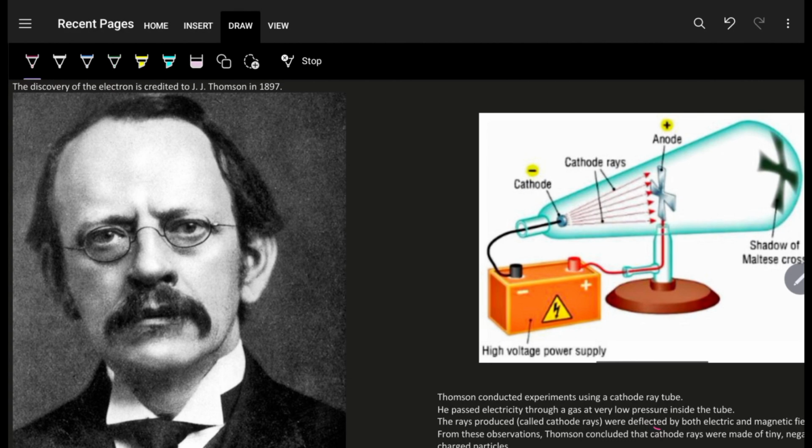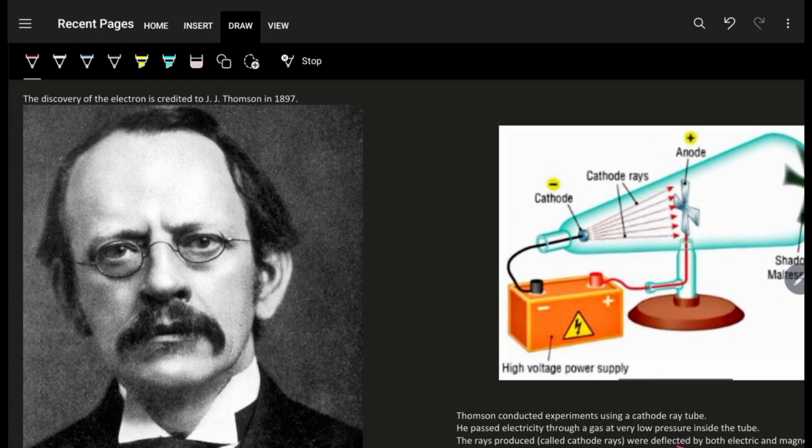Class 9 students, ये आपके लिए है about the discovery of subatomic particles. Do you know what are subatomic particles? That means atom के अंदर जो particles होते हैं, they are known as subatomic particles, right? Now, discovery of electron